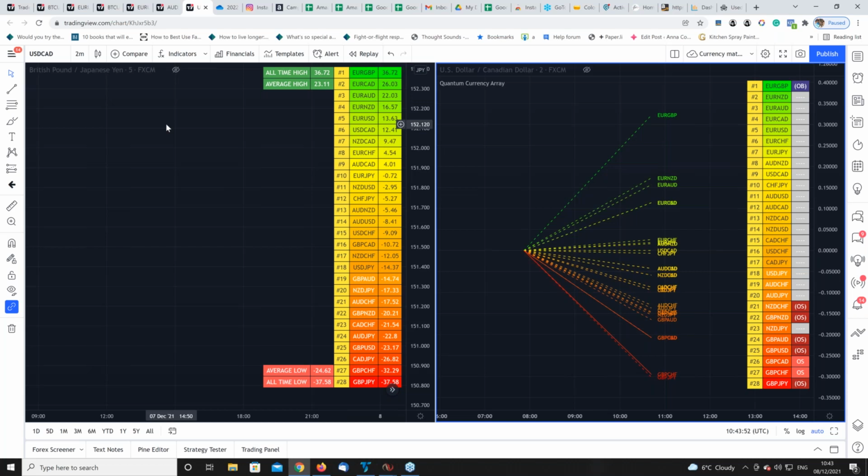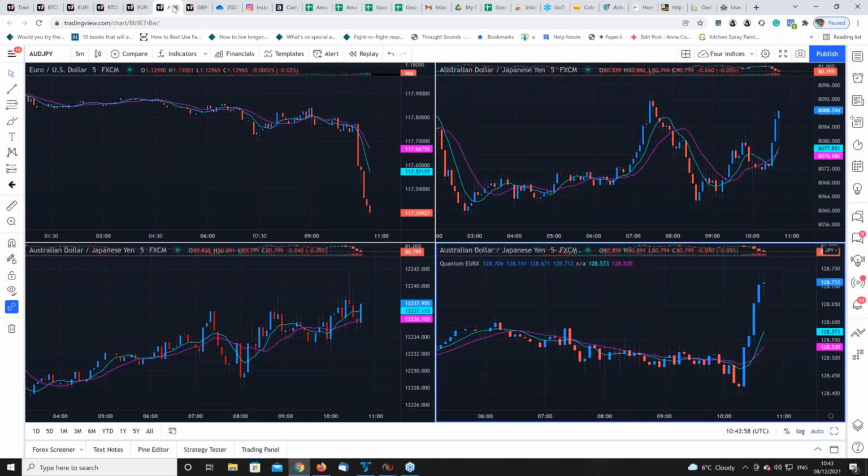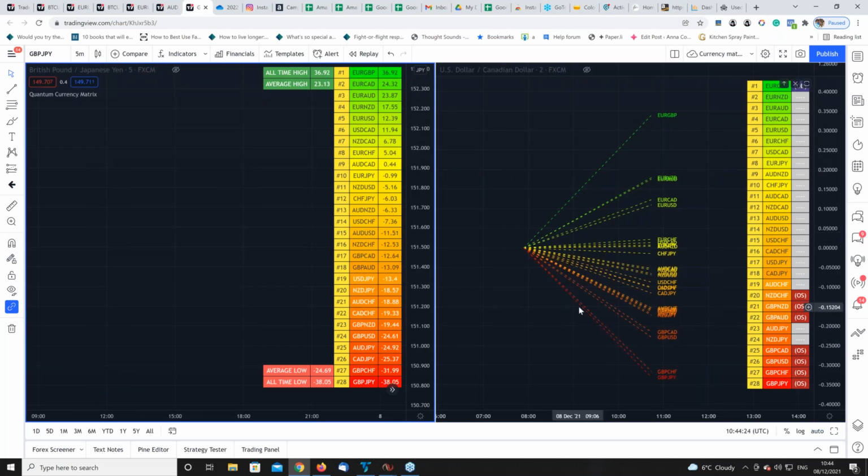This is on 5, so it looks as though that euro buying is following through. Just have a look over here. This is the euro. A little bit of a pause point here, but we're also starting to see a move in the yen. Dollar isn't really going anywhere. It's still got a sort of bullish tone, but it's congestion with a mildly bullish tone, if you can express it in that way. The pound is still selling off here. The euro's come to a bit of a pause point, starting to see a bit of a move in the yen. But basically, that is the point I wanted to make about the matrix and the array.